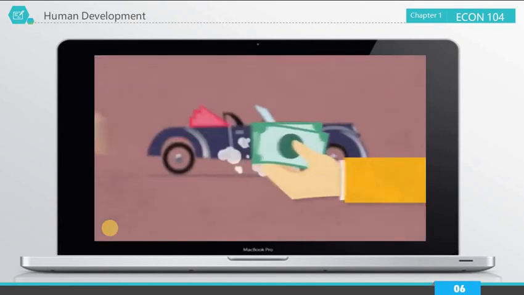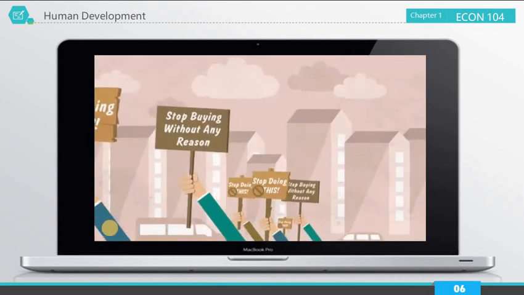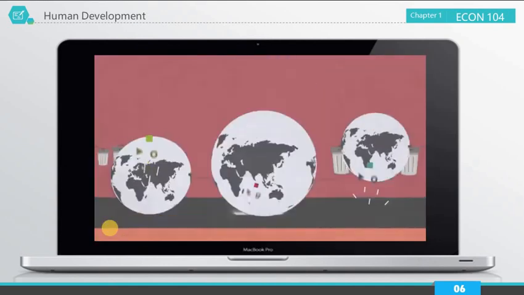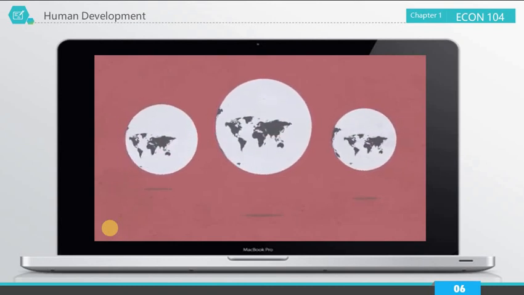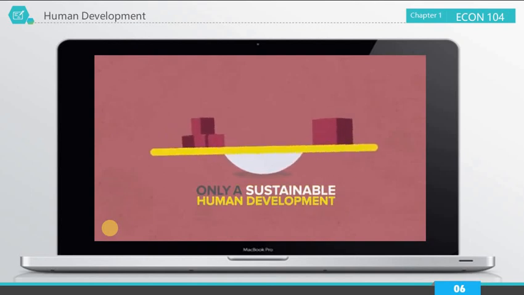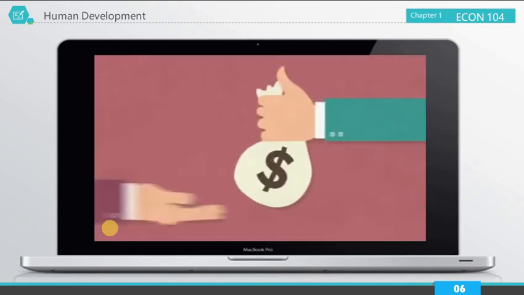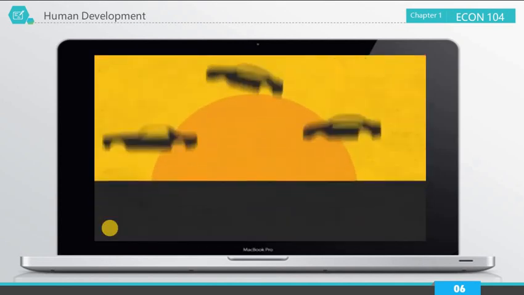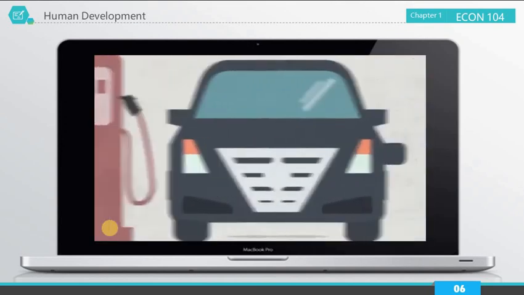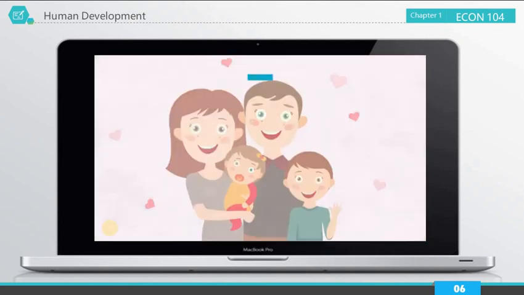We buy new cars only because they look more striking. We buy new computers, new phones. If we don't stop doing this, we won't be able to stop the garbage and waste and the use of resources that belong to at least 3 planets, when in fact we have only one. Only sustainable human development can balance this predictable phenomenon. Manufacturers will produce more, we will be encouraged to buy more, we will get more loans, and at the end, we will produce more waste that overpasses the existing resources. Only if we change our consumption behavior, we and our children will have a prosperous future.